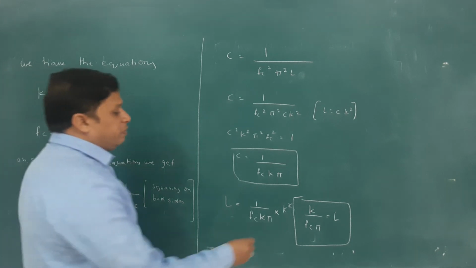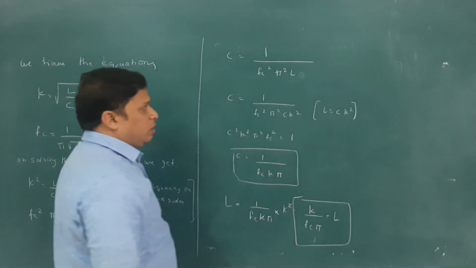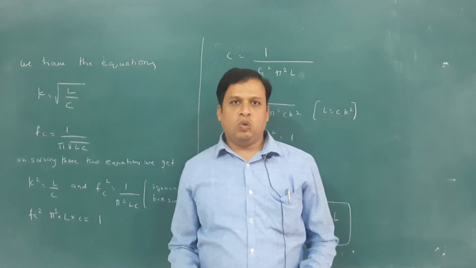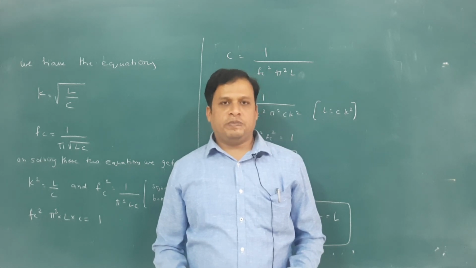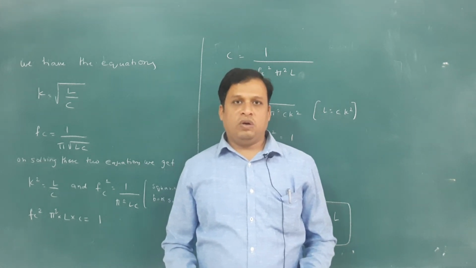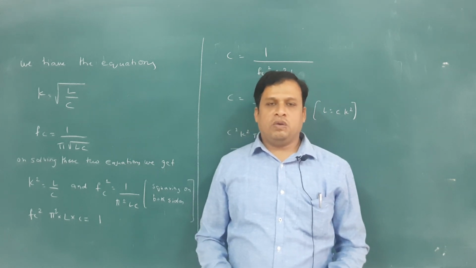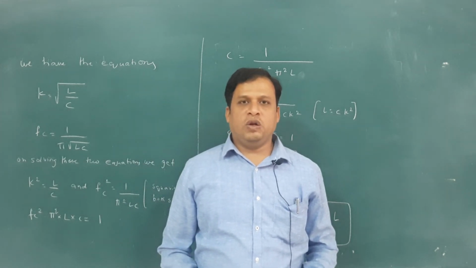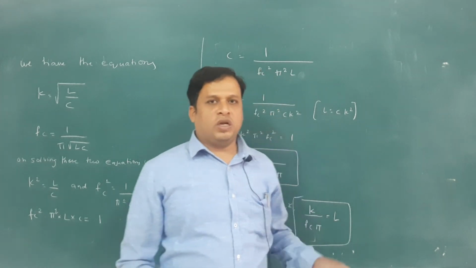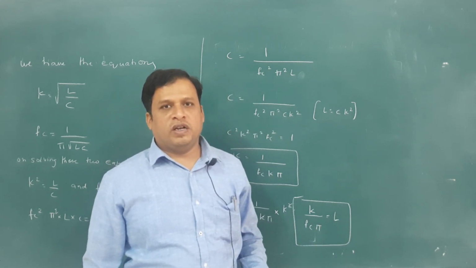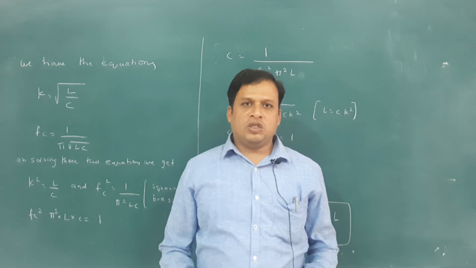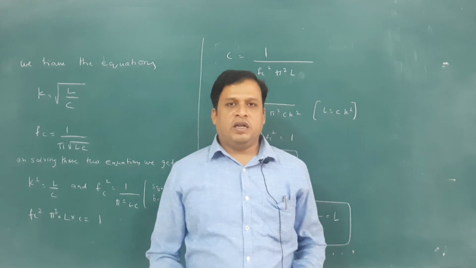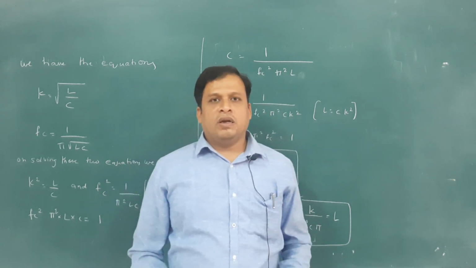So we have derived these two equations, that is the value of L and the value of the capacitance. So inductance and capacitance are found from this constant K low pass filter by using the characteristic impedance expression. We have also found the cutoff frequency range, and we have got these parameters L and C. These L and C parameters are useful to design a constant K low pass filter. When these values are given to you, you can design a constant K low pass filter for T and pi sections also.